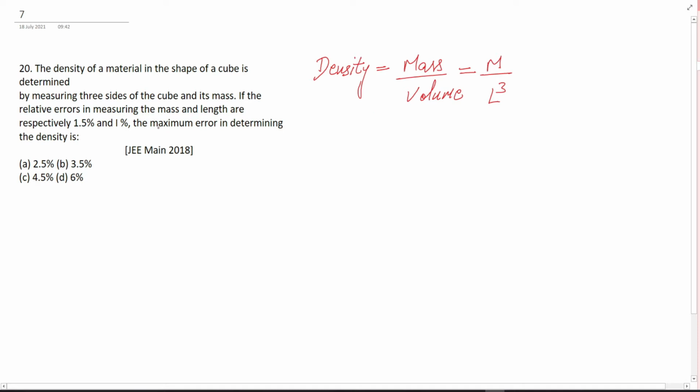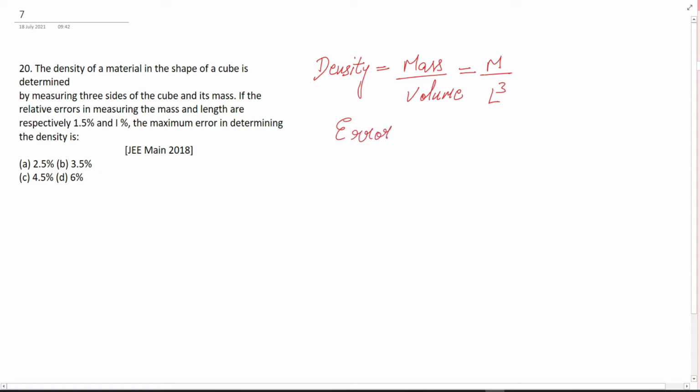So we know that the maximum error found in measuring the mass was 1.5%, and in length 1%. So we know that 1.5% was the error in finding the mass, and while finding the volume the error was 1%. So let's write that down.